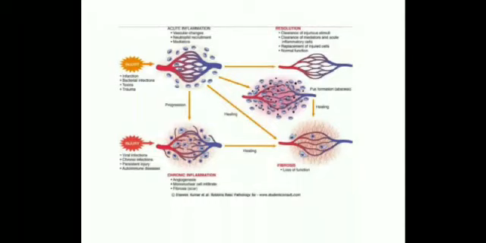So you can see resolution in the diagram, that is written: clearance of injurious stimuli, clearance of mediators and acute inflammatory cells, replacement of injured cells, and normal function. Chronic inflammation can also occur due to injury, that is viral infection, chronic infections, persistent injury, and autoimmune disease. In chronic inflammation, there is written fibrosis, and in brackets it is mentioned scar.